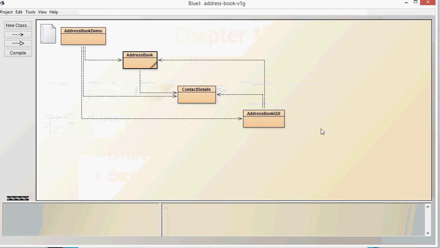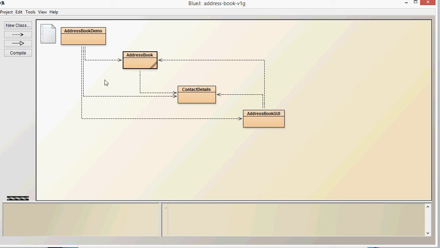So it's made up of 4 classes. The address book GUI deals with all aspects of the GUI representation of the address book. The whole address book is really based on the contact details object, where you can store a number of fields relating to a contact. Those contact details are then stored in an address book class, and the relevant adding and removing of those contact details are stored in there. This is all then used within the address book demo, where the address book GUI is created and the parameter of an address book class or address book type is given to the address book GUI,